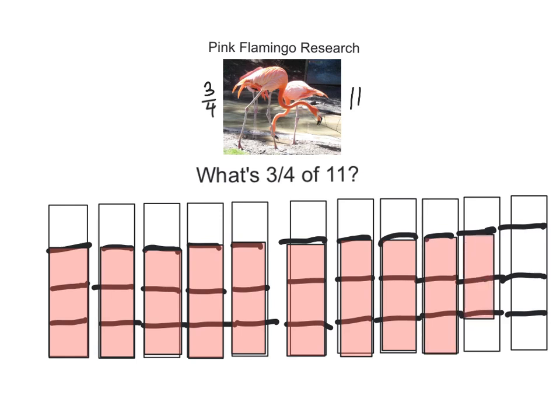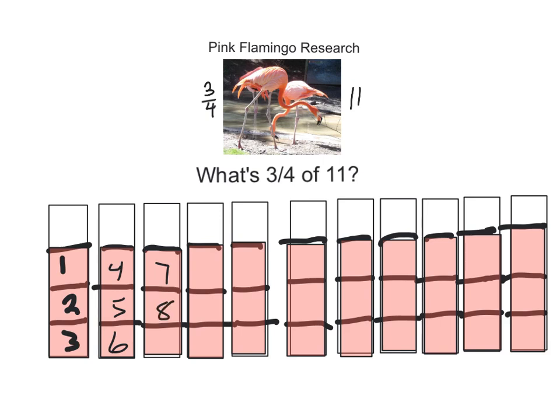All right. So now your paper should look a lot like mine right here. So you've got 11 boxes and they all have 3 out of the 4 colored in. So next, we just simply have to count them, right? So here we go. I'm going to count 1, 2, 3, and then I'm going to go 4, 5, 6,